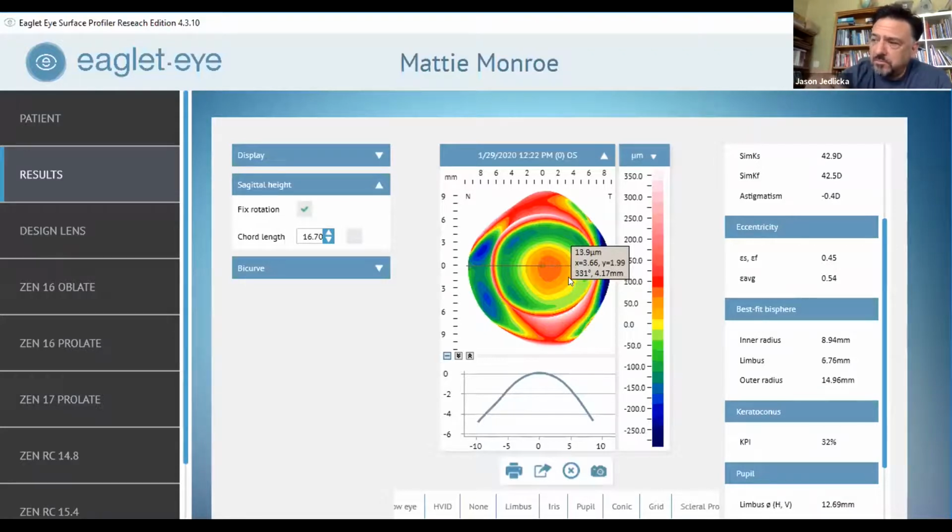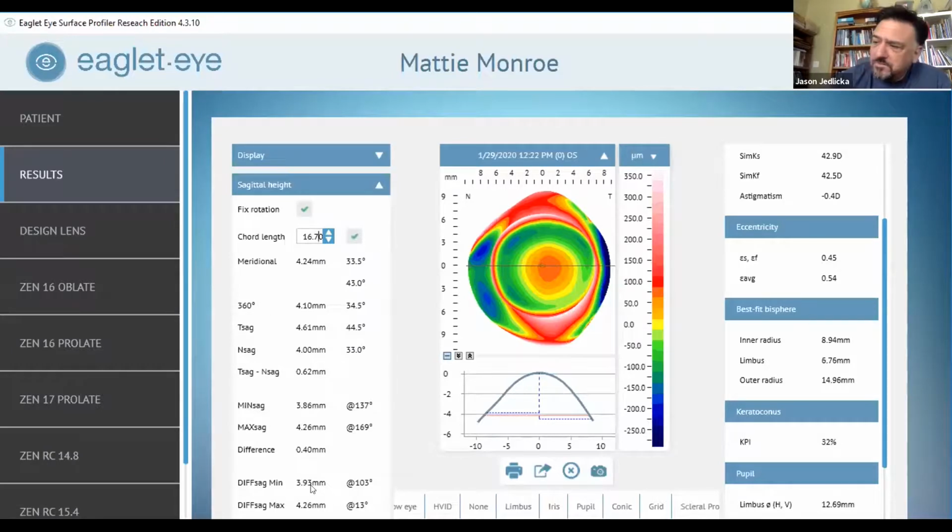And so this patient would be better served with just a standard spherical base curve, spherical lens with all of the toricity being built into the haptic, because that's where it occurs. If we check again her chord length differences here, again, she's 260, 330 microns of toricity in the eye at 16.7. If I took that down to about 12, again, that number drops to about 100. So this is, again, somebody who may or may not benefit from a bi-elevational lens.